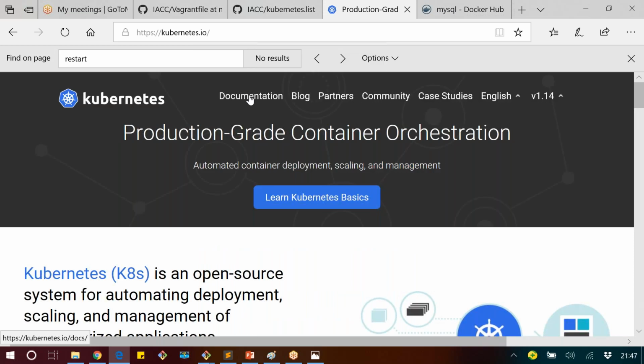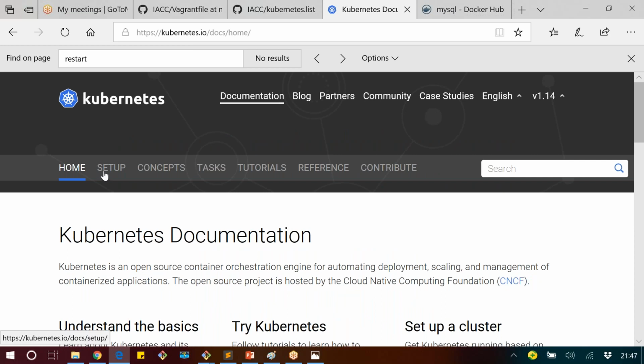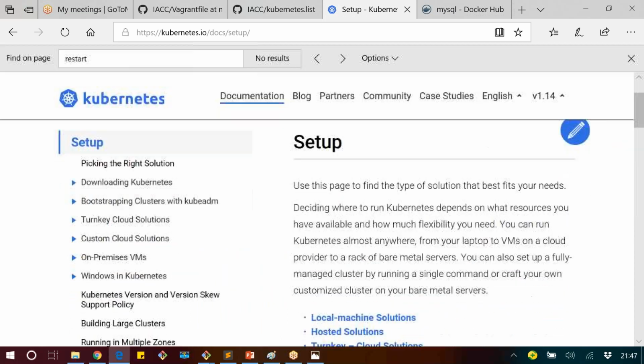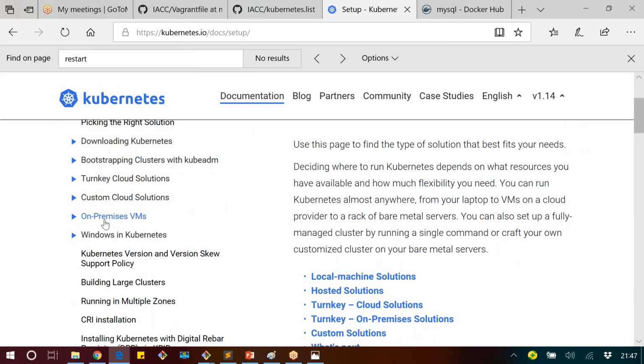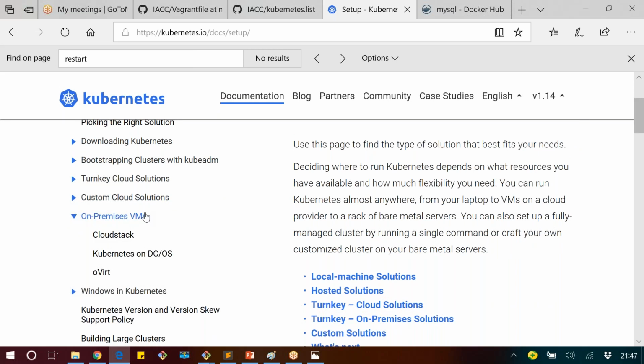And here you can browse it, that's the documentation. And here you can see the setup option. In the setup option, you can find the cloud solution they have given, as well as on-premises virtual machines. Or Windows, you can also set up Kubernetes. So on-premises, the virtual machines, if you browse it,